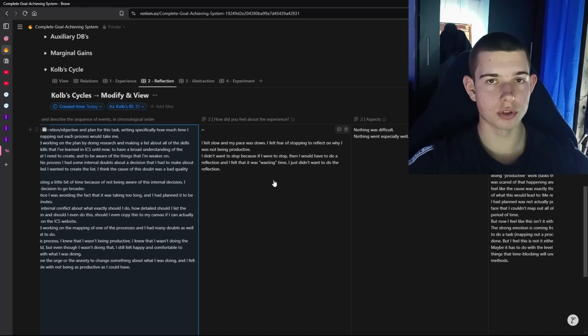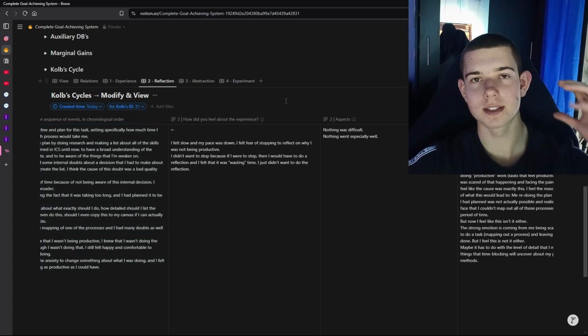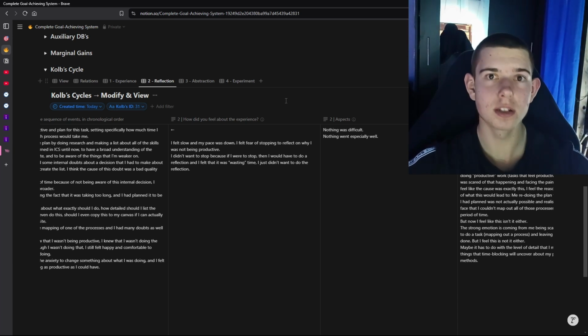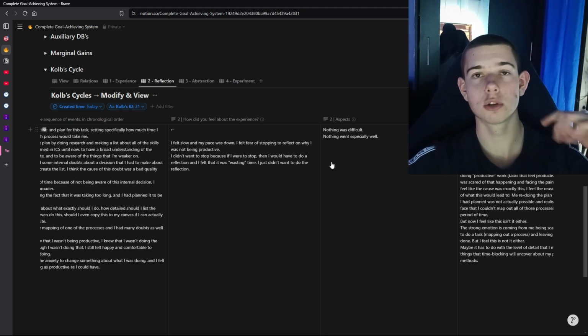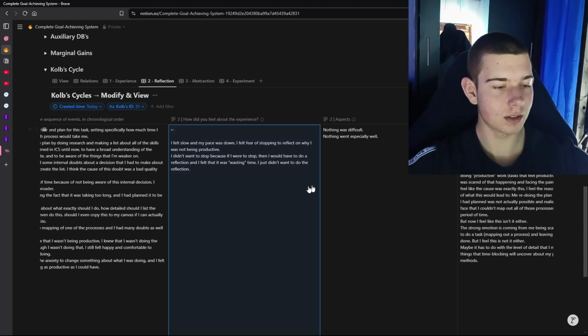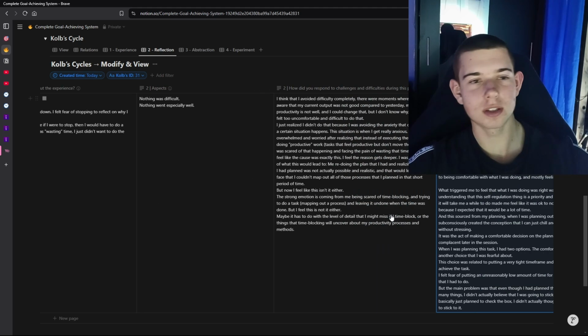Then I tried to look for strong emotions that I felt during my productive time. I did this because usually when I find that I'm feeling something, maybe it's very strong fear, maybe it's anxiety, that's where the gold is. That's where the insights are to fix the problem. So I try to think about it here, here, and here as well. I try to think about it a lot.